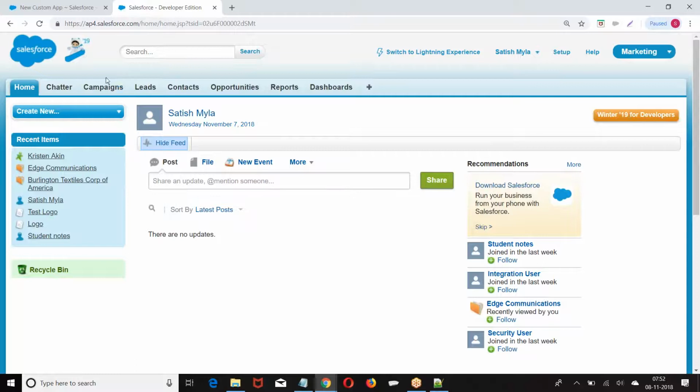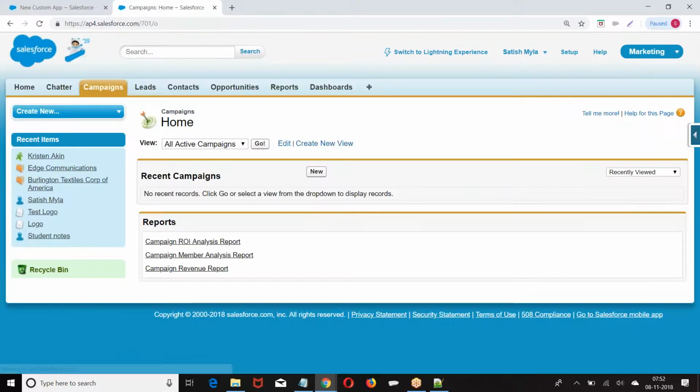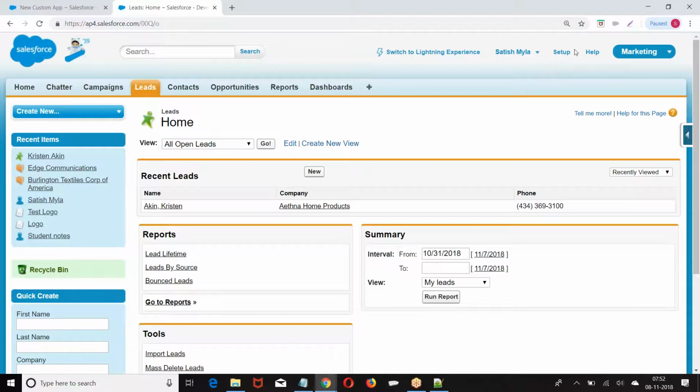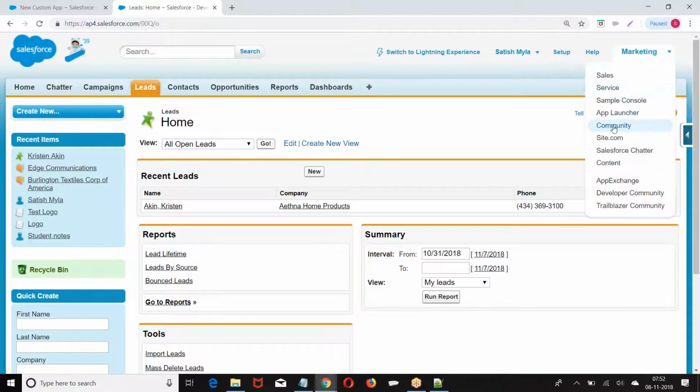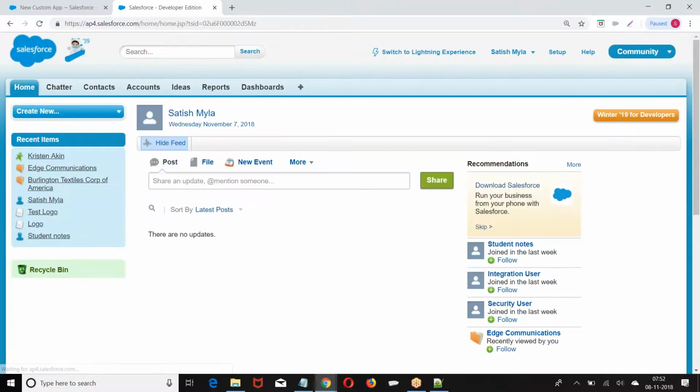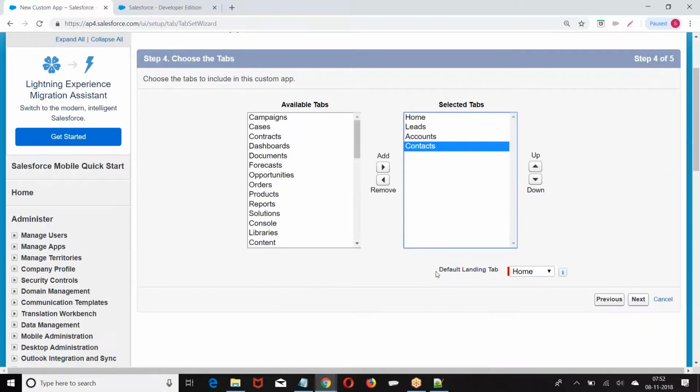Home data. Now when I click on campaign, campaign data will come. Lead data will come. But when I open the application, on the first page, whose data should be displayed? Is it the home tab data, accounts tab data, contacts tab data? That is called the default landing tab.